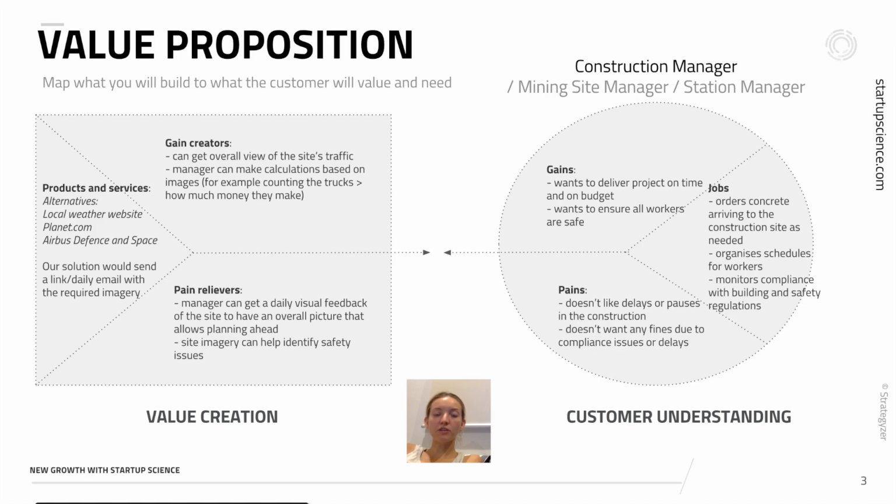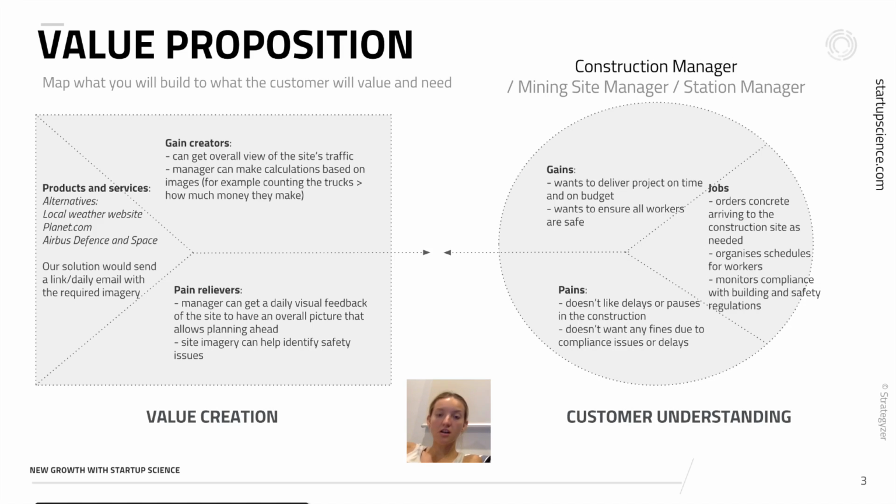We think there would be a gap that we could fill because there is a lot of data out there that is not getting used. So we'd like to streamline the process to get this data out to people who would be able to use it. For example, one of our target customers would be site managers such as construction managers or mining site managers